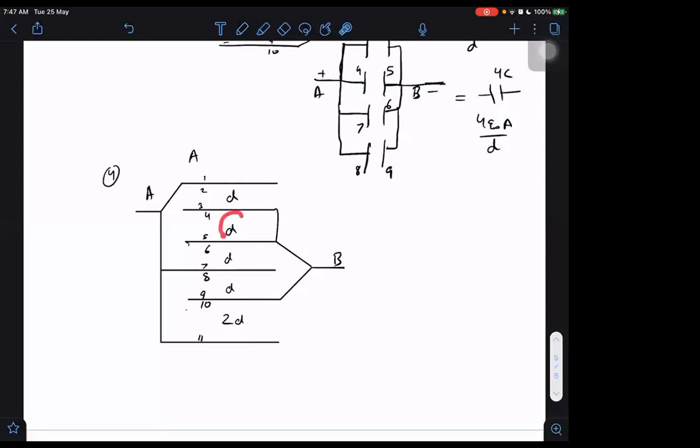And is there any capacitor in between in D? This is a capacitor, but it has both plates connected together. What happens if I connect both the plates together? Then it no more acts like a capacitor. It's just like a conducting wire, because it will not be able to store any charge. So it has no capacitance; we cannot define it, and it is just like a conducting wire only. So in that case, this is not acting as a capacitor, remember, because both are at the same potential.